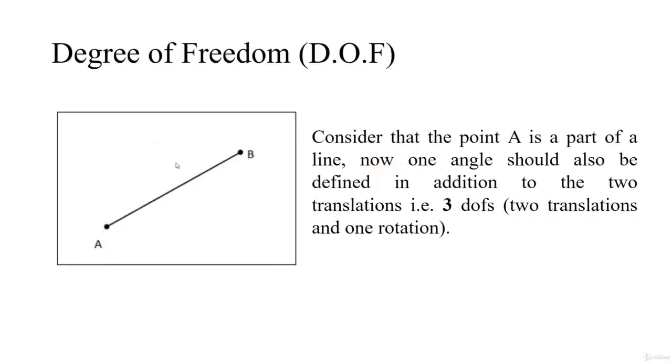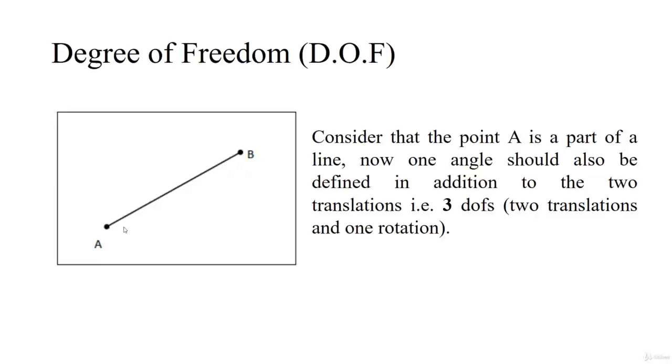Then coming to the same 2D plane, instead of a point we are going to take a line, and now we are going to define the position of this particular A. Now I need to define the distance between this point and this line, and likewise the distance between these two entities, and then, in order to completely define that position, I also need to define an angle. So in this particular problem, in order to define the point A, we are going to define 2 translations and 1 rotation, which means for the point A we are going to have 3